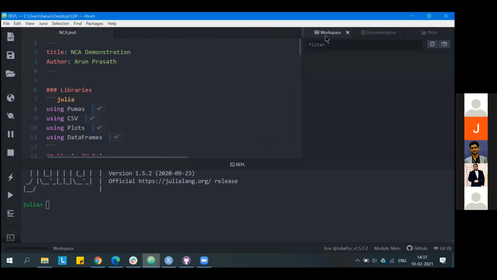On the right hand side corner, you have a workspace where all the commands you execute will be stored temporarily so that you can check on them. And you have a documentation space where you'll find documentation related to all of the functions. And we have a plots tab where you'll get all the results from the plots.